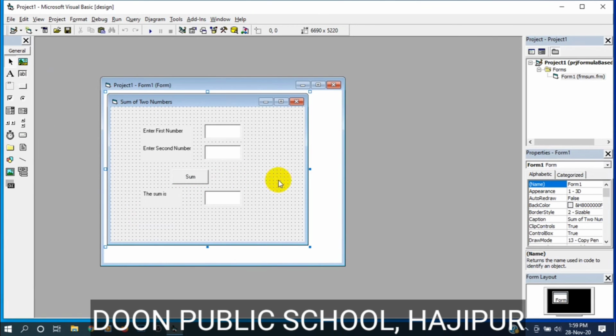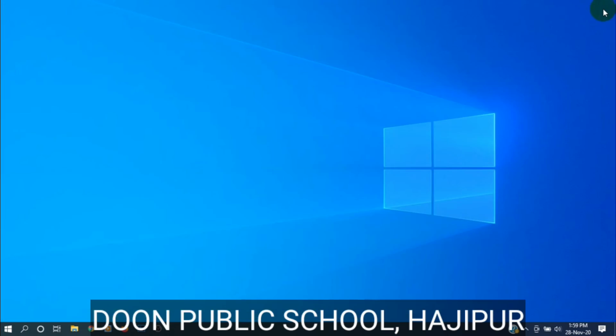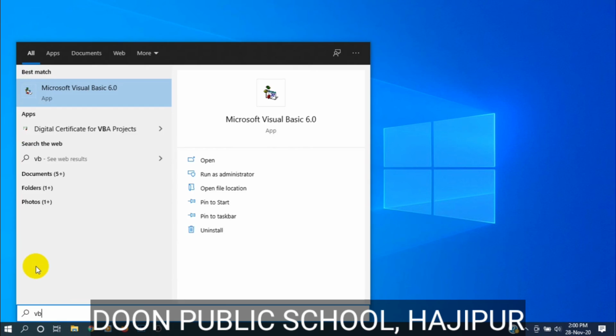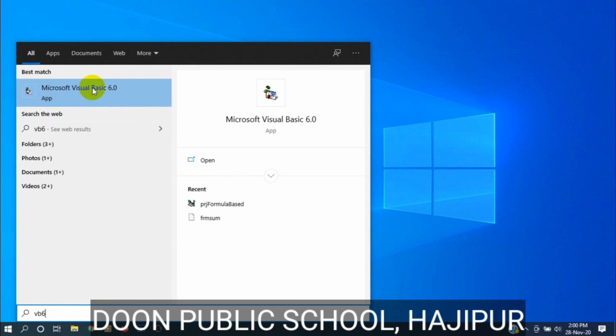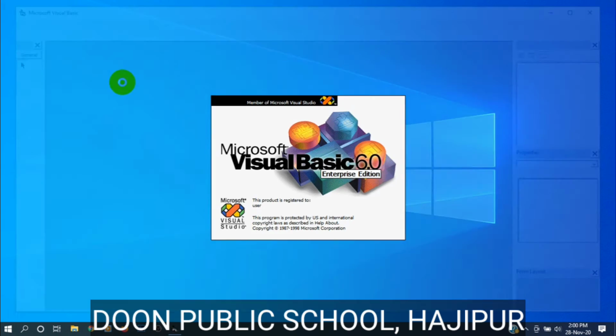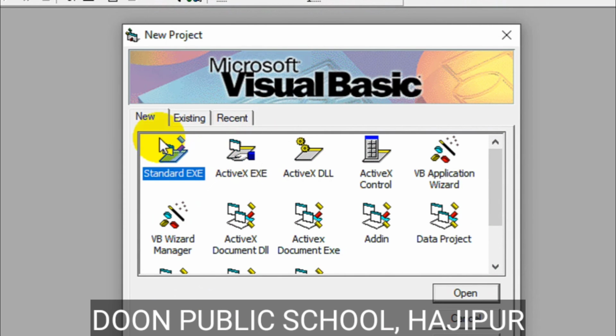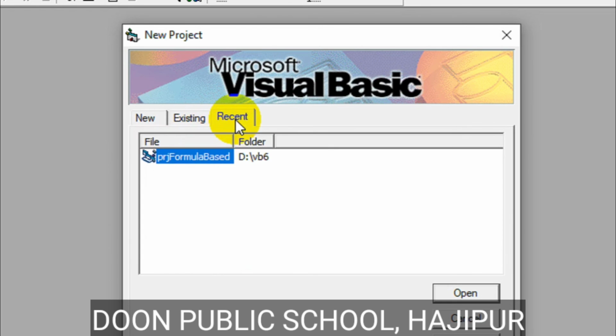Now if you want to end your program or exit from your program or close from your program, you can click either on the close button at the title bar, or you can click from the file option exit button to end your program. Now again we are starting Visual Basic by clicking on the start, all program, Visual Basic. And if we want to open our program that we are working on, we can click on the existing or recent option. From there we can open our project or form.